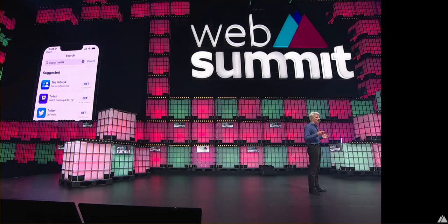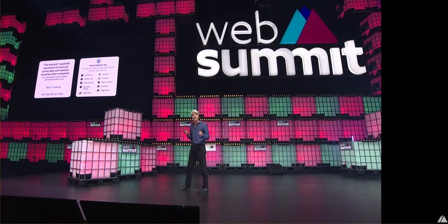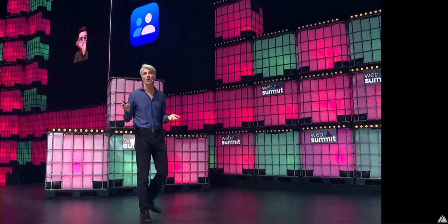But I wish this were the end of the story. But cyber criminals aren't the only ones we have to worry about. So let's say you go to the official App Store, and you're looking for a social networking app that your friends are all on, but it isn't there because some social networking apps will probably try to avoid the pesky privacy protections of the App Store and only make their apps available via sideloading. Privacy features that go beyond the bare minimum legal standards, the ones that users truly rely on to keep their information safe, well, these would no longer exist for these apps. And you'd be stuck with the alternative of losing touch with your friends online or taking on the risks of